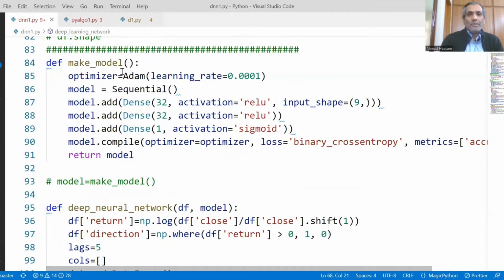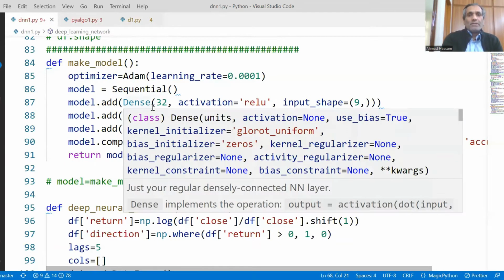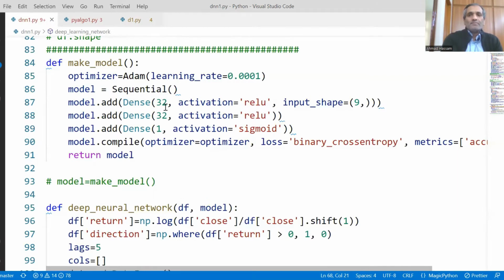Now I've made a model of that deep learning neural network. Optimizer will be Adam, model will be sequential. As I told you in the last video, sequential means that our model will comprise layers. First layer will be dense 32. Dense is just a function that builds a 32 node neural network.